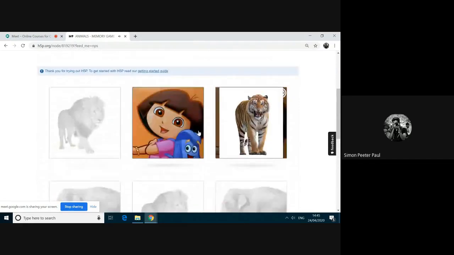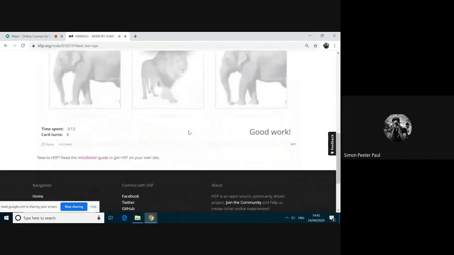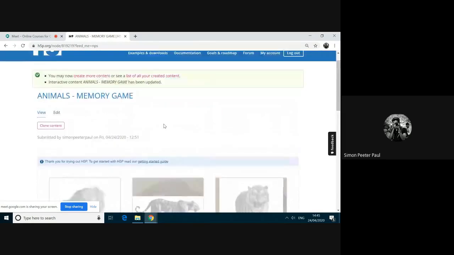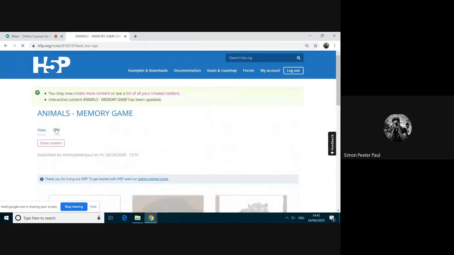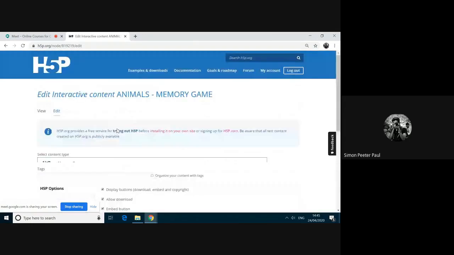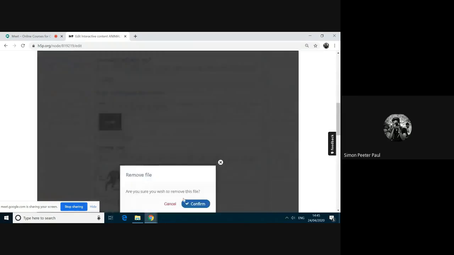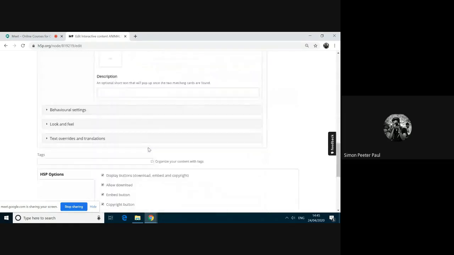See this tiger and see this tiger. Like that, you can create matching images. So that is the additional thing. It's depending upon the teachers to decide what type of matching images they are going to use. I am removing it here.